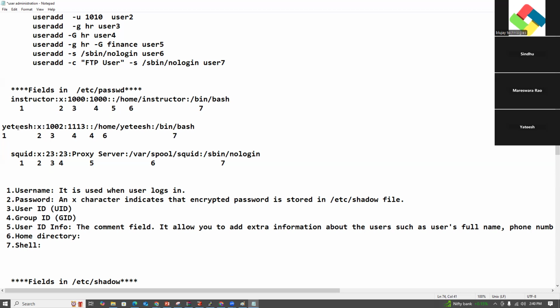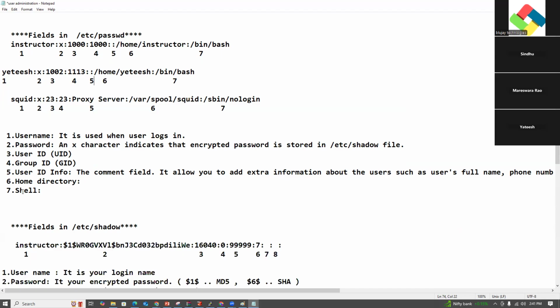Guys, understood? So what are the fields in /etc/passwd? Username, password, user ID, group ID, user ID info, home directory, shell.